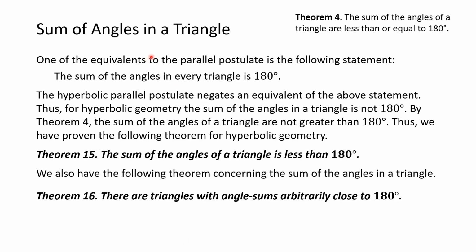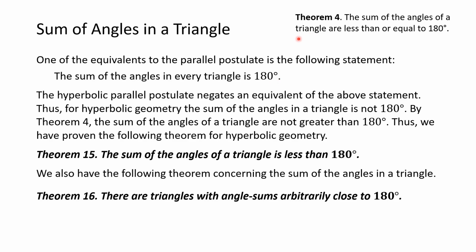One of the equivalents to the parallel postulate is the following statement: the sum of the angles in every triangle is 180 degrees. We know this from high school geometry. But as you recall, we negated the parallel postulate, and therefore we negated all the equivalent statements to that when we defined hyperbolic geometry. So we have that the sum of the angles in every triangle is not 180 degrees,